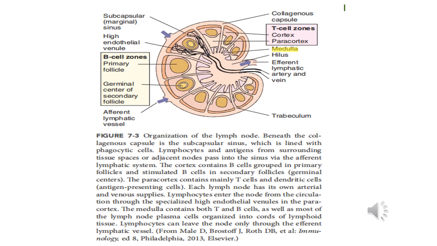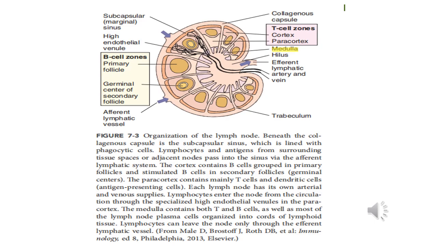1. The cortex, the outer layer that contains mainly B cells, follicular dendritic cells, and macrophages arranged in structures called follicles and, if activated, in germinal centers. 2. The paracortex, which contains T cells and dendritic cells, which present antigens to the T cells to initiate immune responses. 3. The medulla, which contains B and T cells and antibody-producing plasma cells, as well as channels for the lymph fluid.